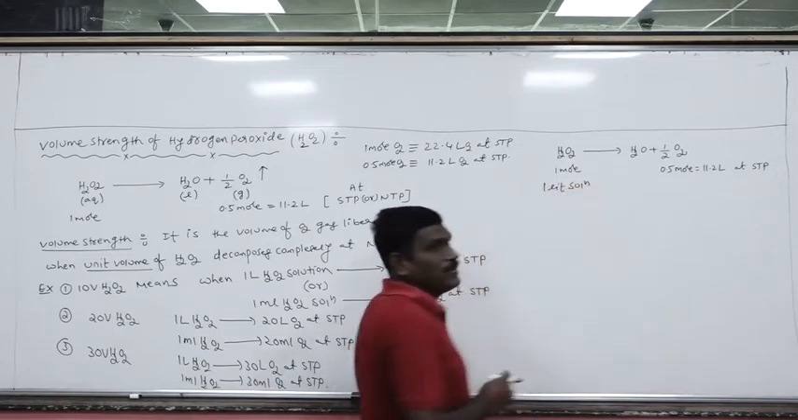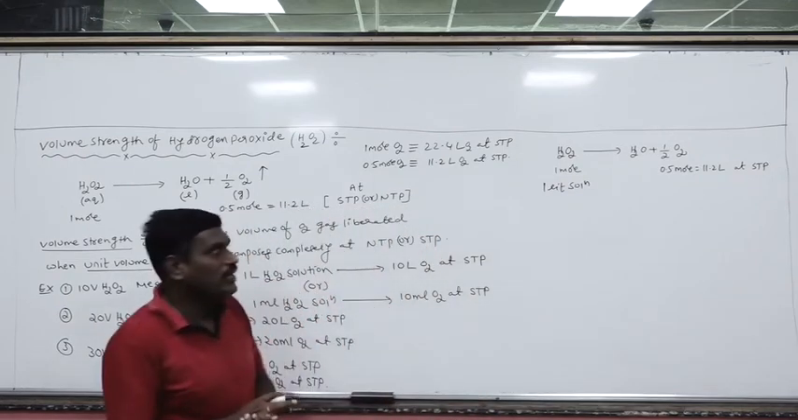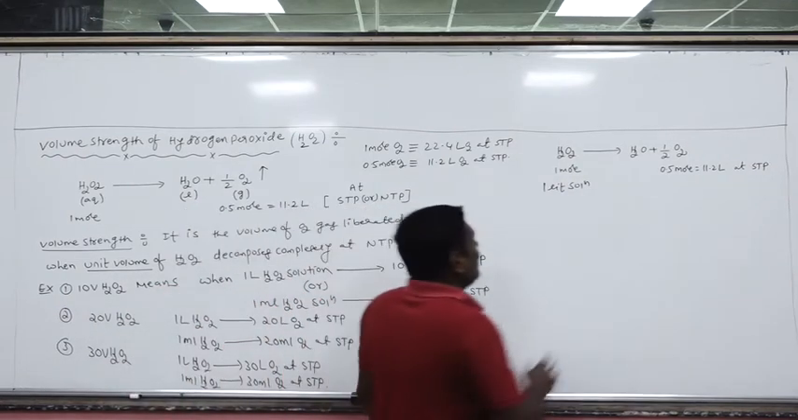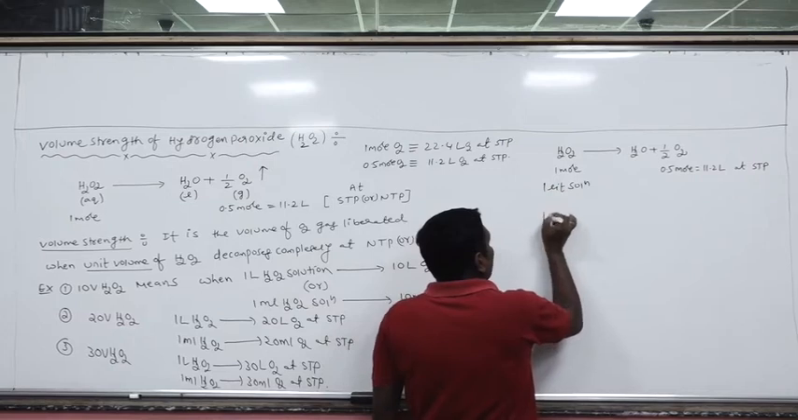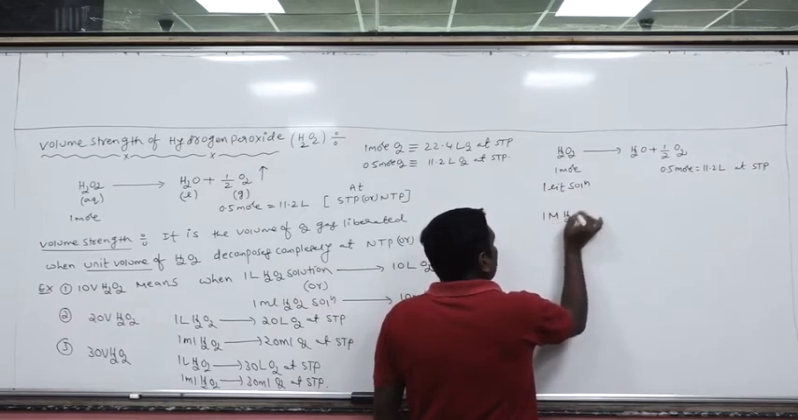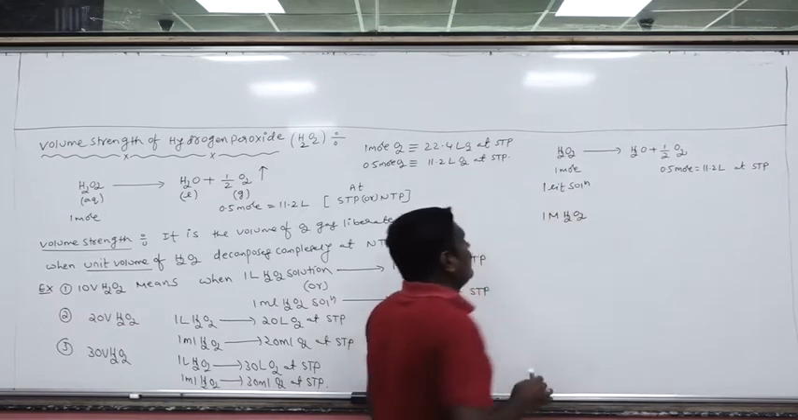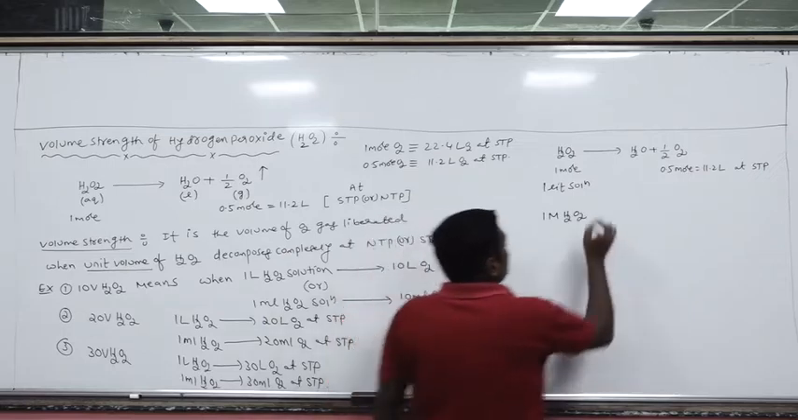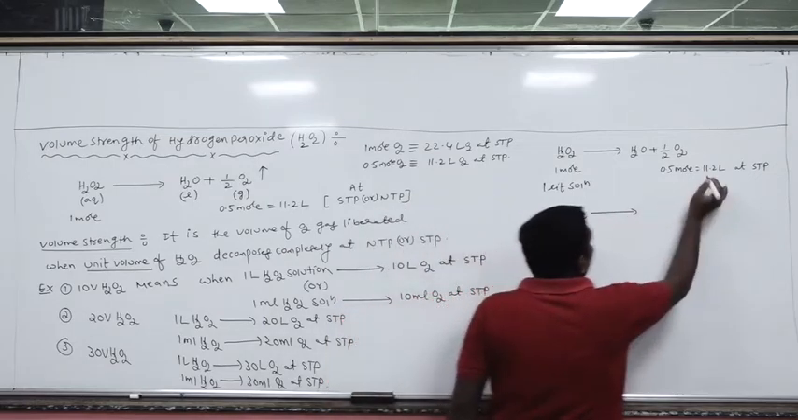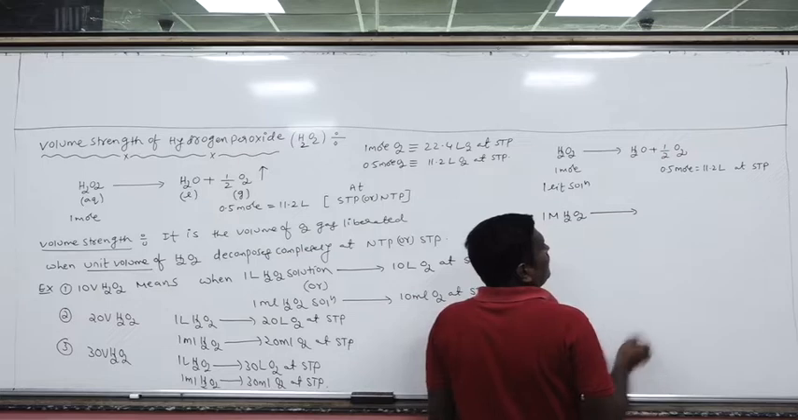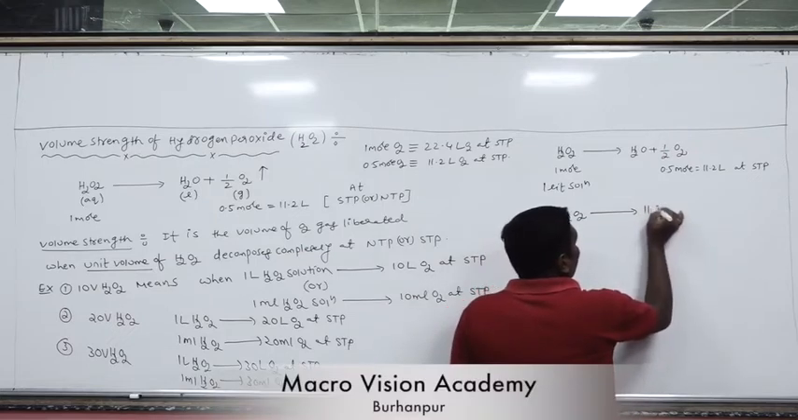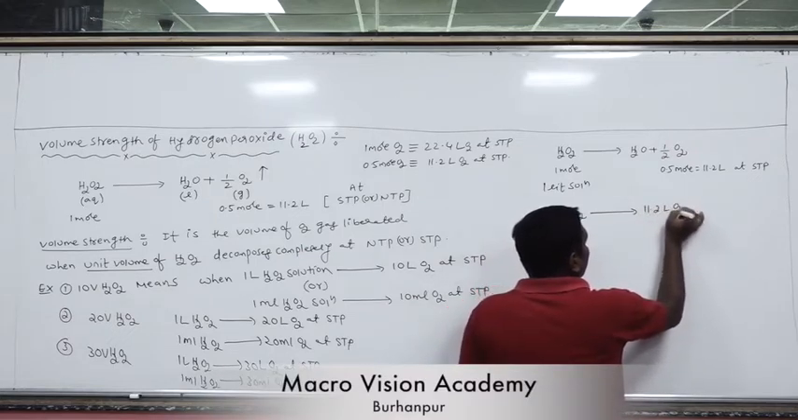1 mole of a solute present in 1 liter solution. Are you getting my point? This is 1 molar H2O2 solution. From 1 molar H2O2 solution, how many liters of oxygen will be liberated? 11.2 liters of O2 liberated